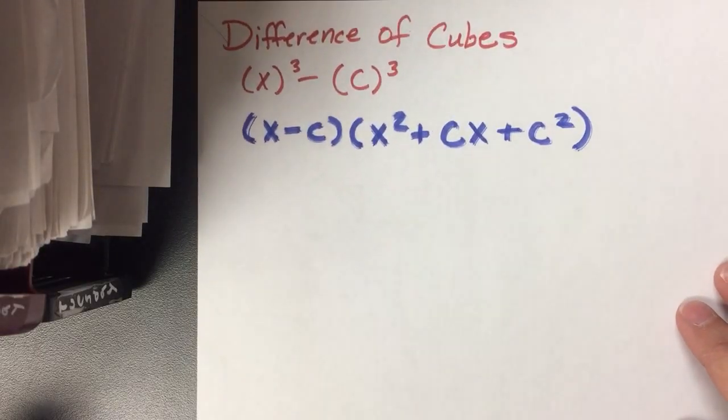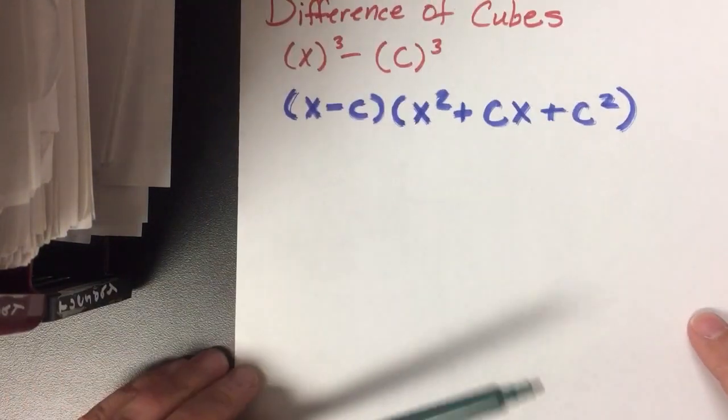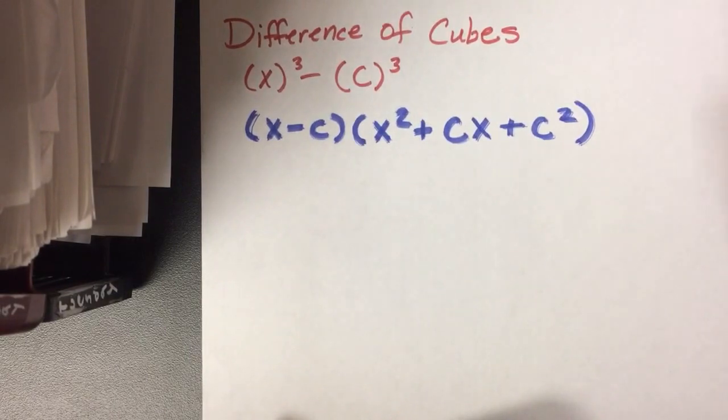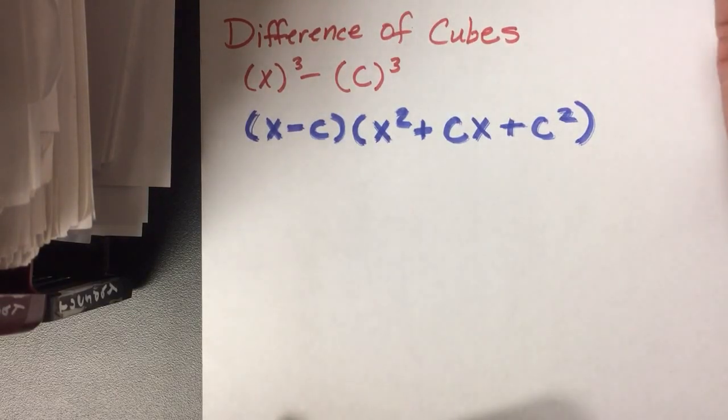So today we're going to be looking at differences of cubes. We've been talking about factoring, and about different types of factoring. Difference of cubes goes along with what we're talking about right now, which are cubic equations. So the first example that we're going to look at is a cubic equation, and we call this a difference